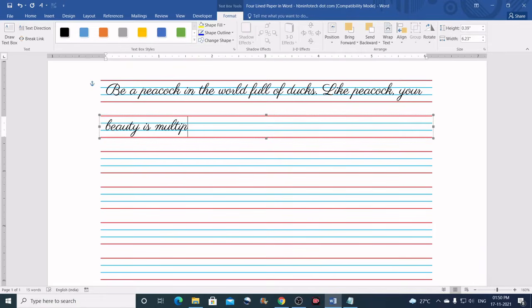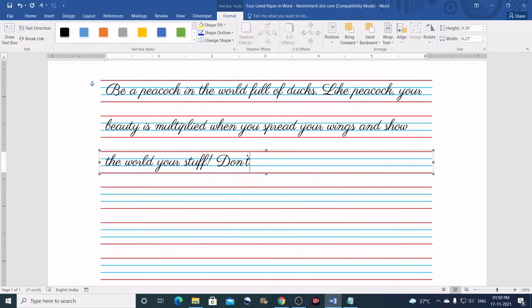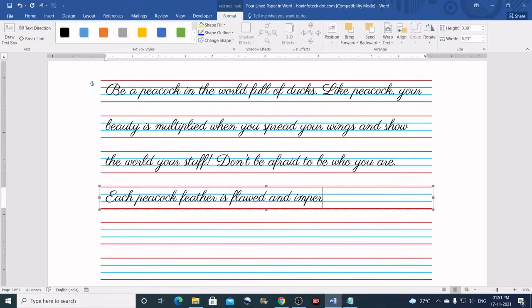In this tutorial, I will show you how to create 4-line paper along with its typeface that perfectly aligns with the 4 lines. Not just that, I will also show you how to make the text automatically flow into the